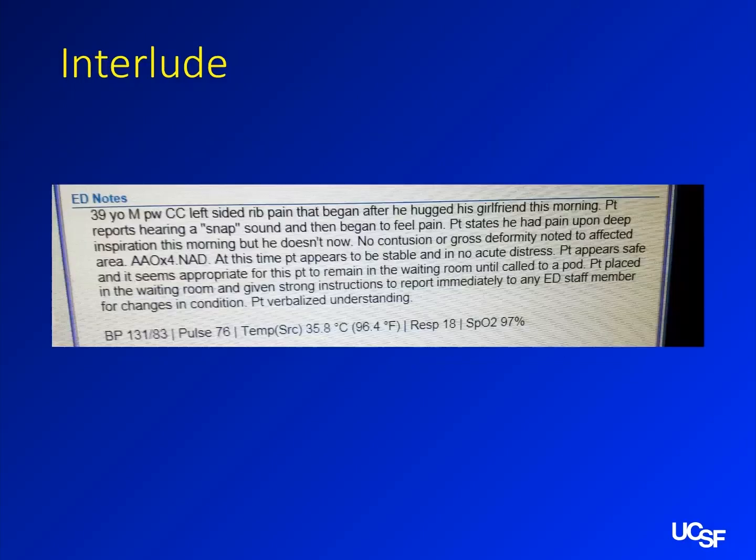Another little interlude for you guys. This guy had rib pain after he hugged his girlfriend. Girlfriend is very powerful, apparently. So now we'll talk